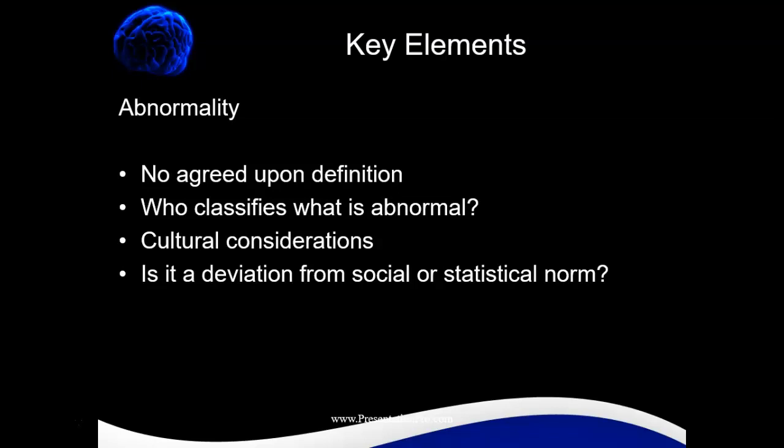The other thing is who classifies what is abnormal, right? Who has the power to decide what's normal versus what's abnormal? I think we've seen that a lot in the last year and in our political climate in terms of people's behaviors and expectations and even responses to COVID-19. So who classifies what is abnormal? A couple places you want to think about are the American Psychological Association and the DSM-5, panels of experts that create and update the DSM-5.